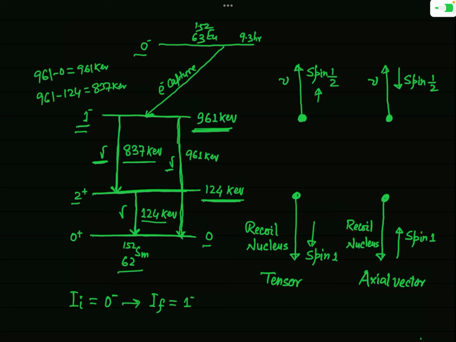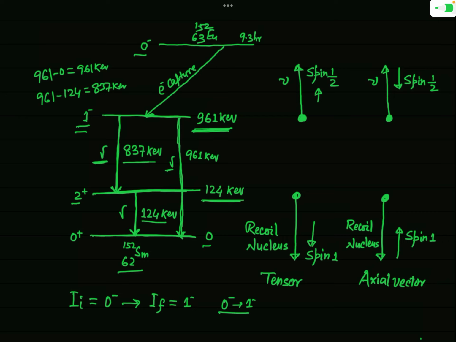And you know that if the transition takes place from 0⁻ state to 1⁻ state, this will be just a pure Gamow-Teller transition. You have studied the Gamow-Teller transition in previous lectures. So this selection rule permits that this transition is purely a Gamow-Teller transition. And in this case, the spin of the emitted neutrino must be anti-parallel to the spin of